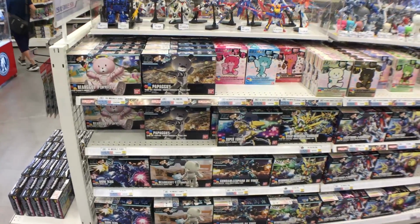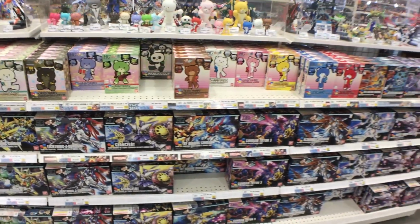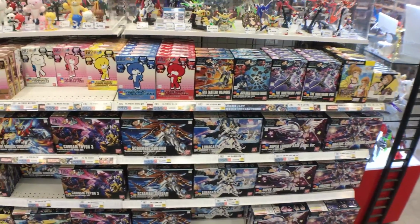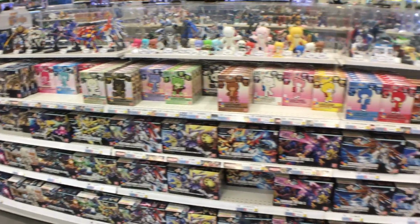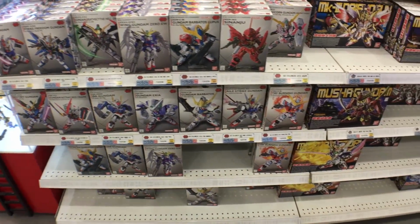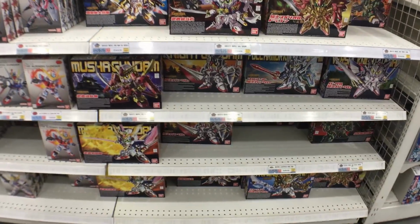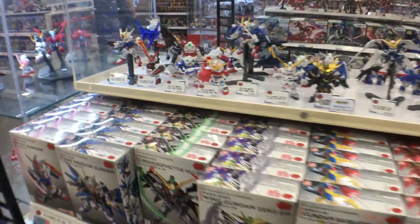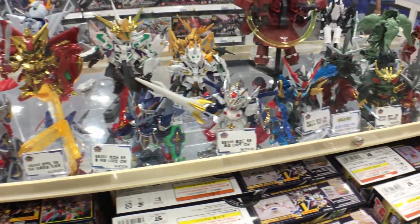We have your whole selection of Build Fighters kits. Every single petite guy that they pumped out. I remember when it was just the original, what was it, 4? But it's getting nuts. Here we've got all our SD kits. Not as much of a selection as you think, considering there are so many of them. A lot of parents will come in here and just pick up one of these for their kids because